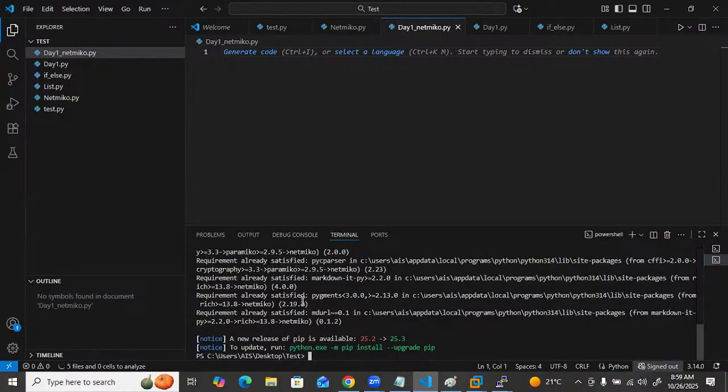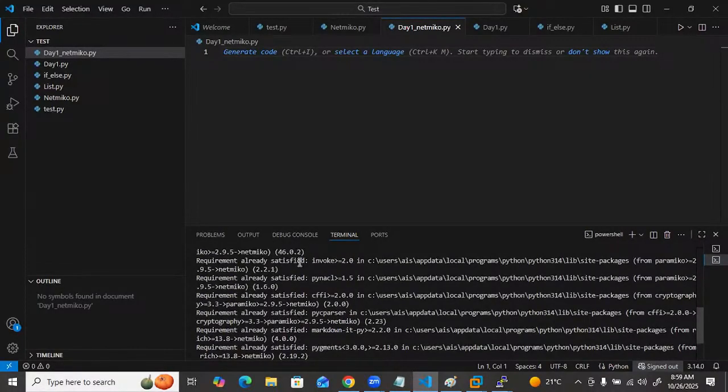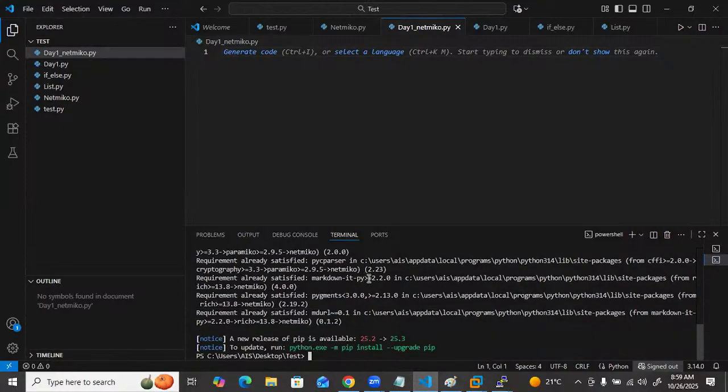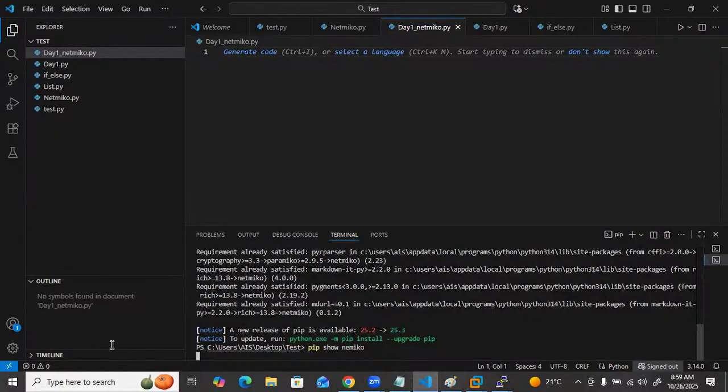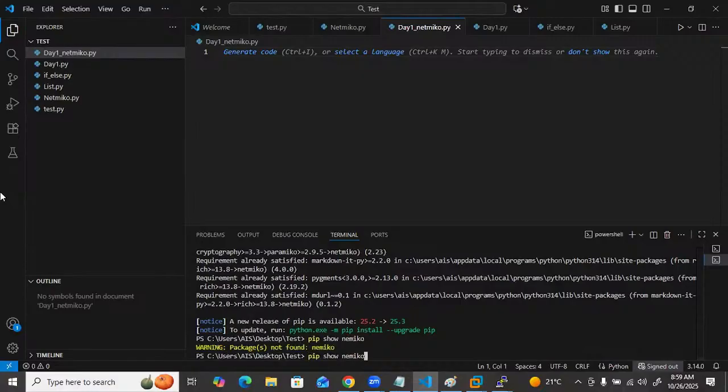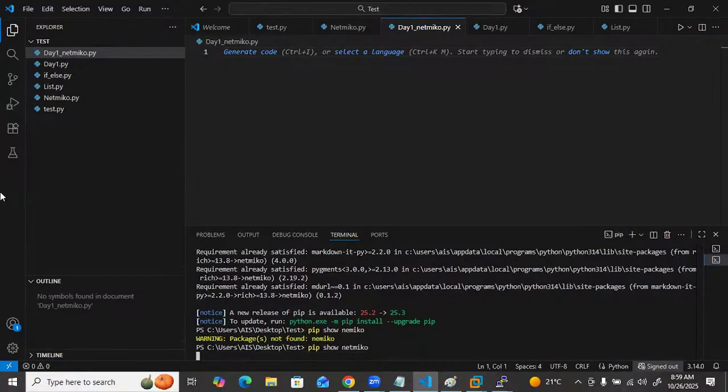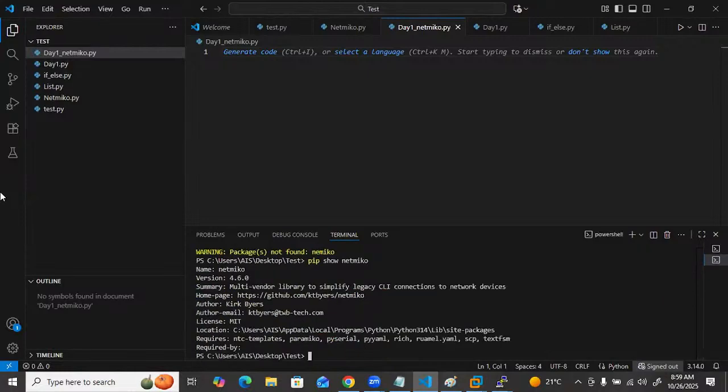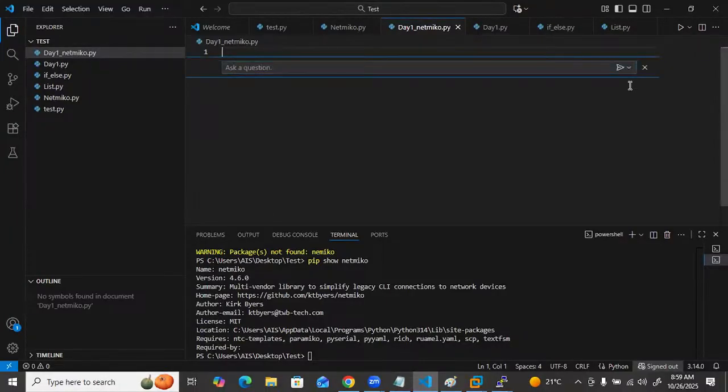What I am getting the message already, that means already installed there, right? And I believe there is a command pip show netmiko also. Oh, sorry, it's a spelling mistake. So it's already installed there, it's showing the option, right? So before going to execute, first you need to check the pip is installed or not. Now I'm just going to import